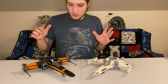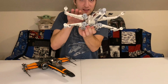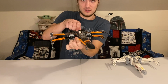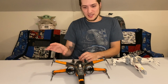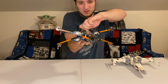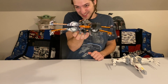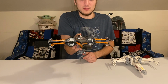Now, to compare a couple other things about these sets, and the reason why I think that new wing feature is so much better than the rubber bands. Yes, the rubber bands are nice. They lock into place and everything, and when you put it down, they still stay open. But to be honest, after a while, you start to get that. Now, I know all I'd have to do is get some new rubber bands, put them on there, and it'd be like new,